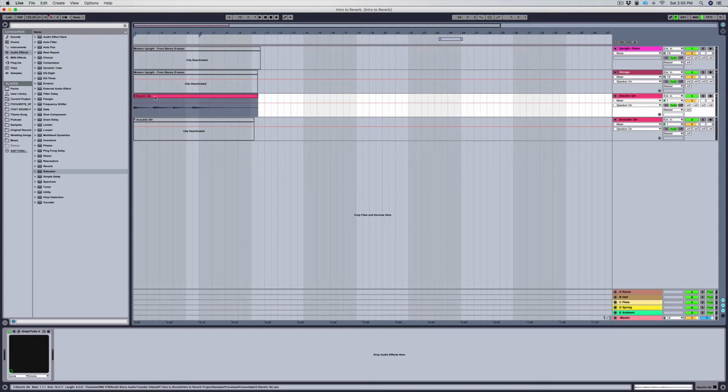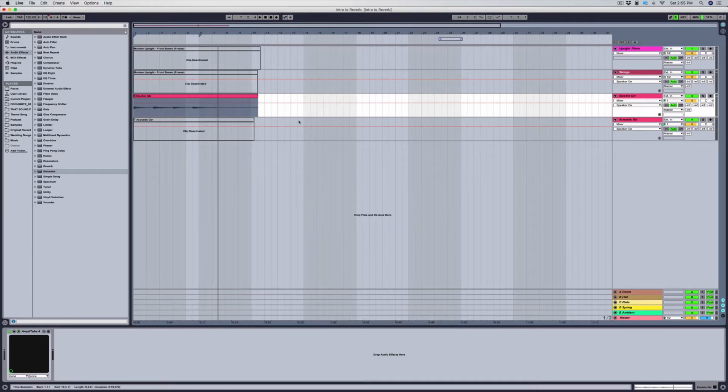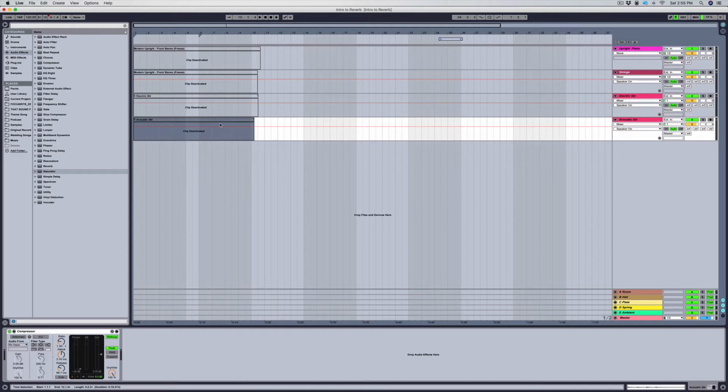Electric guitar. This is my Gretsch hollow body guitar on the bridge pickup. Okay, and that is with like a Fender Twin Reverb amp, modeling it anyway. And then acoustic guitar with just a touch of, I learned this from Joe Gilder over at Home Studio Corner,